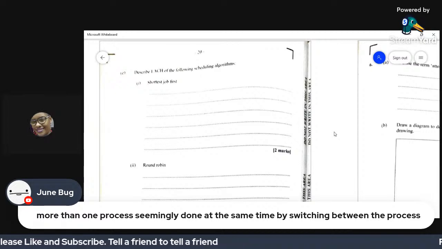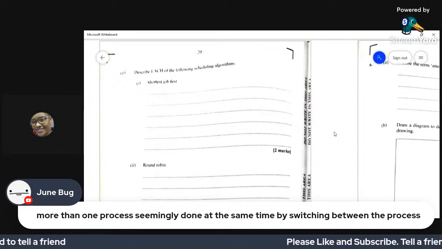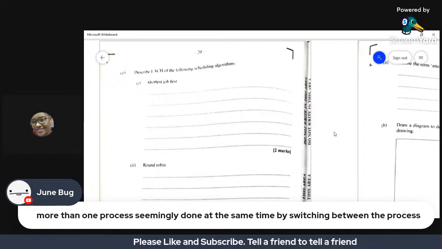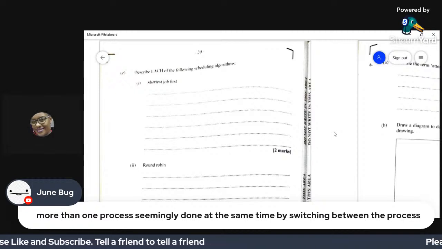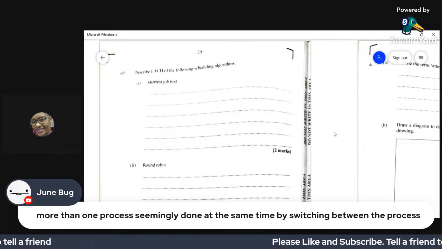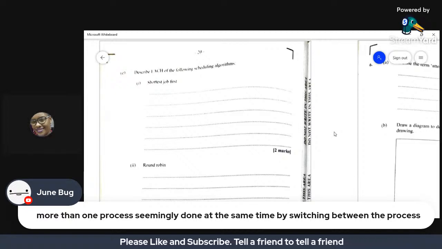Round robin is where each task is assigned the same specific amount of time. So if John comes, John is going to get 2 minutes. If Joshua comes by, same 2 minutes for Joshua. Justin comes by, same 2 minutes for Justin.